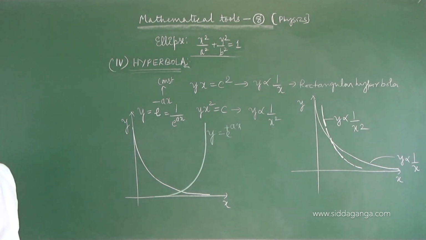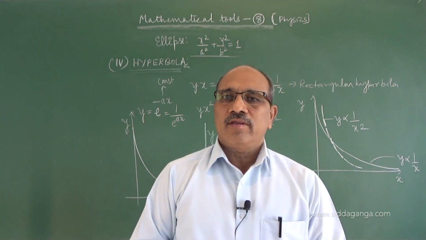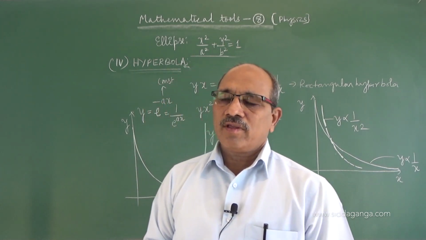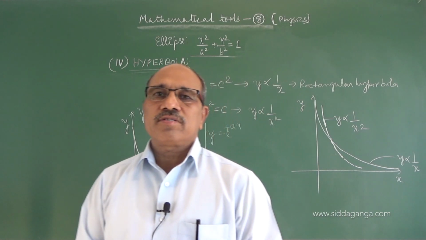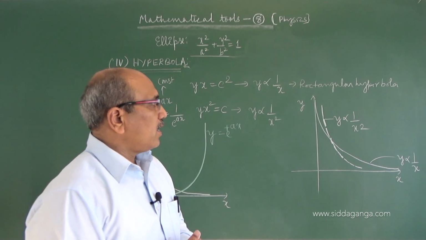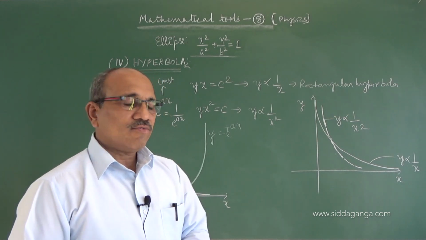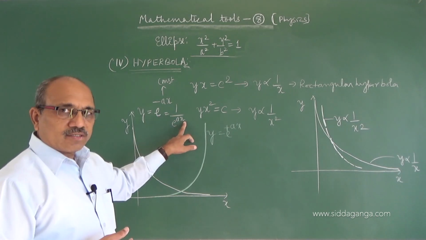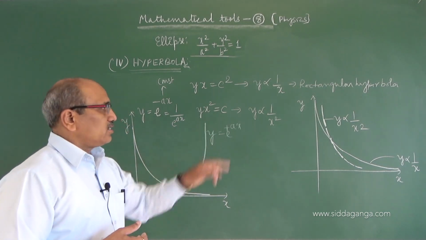So these are some of the shapes we have shown. I started with the straight line, its equation, and how we see the graphs geometrically. Then we came to the parabola, ellipse, circle, hyperbola, rectangular hyperbola, y inversely with x, and y inversely with x square. Further, exponential variation of a quantity related to x.